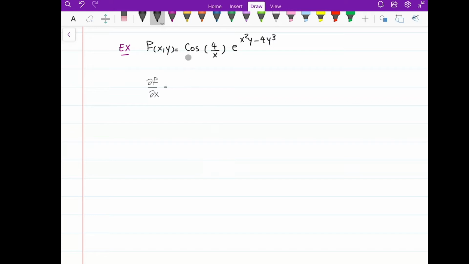With respect to x, I see that I have two functions in here, both of them have x in them, so I need to use the product rule. Let me call them a and b. Based on the product rule, I need to have a prime b plus b prime a. So the derivative of this one with respect to x, using the chain rule, I have a number over x. Let me give you a very easy recall: 1 over x